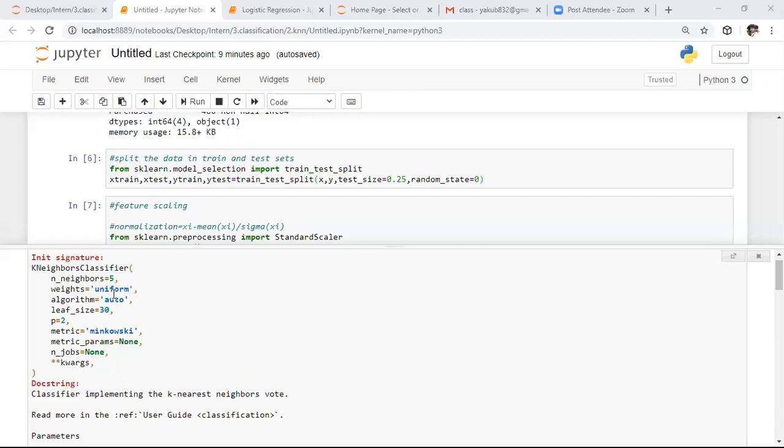After that, we have algorithm, auto, leaf size, number of nodes. Here we have p equals 2. If you want to consider the Euclidean distance measure, we need to enter p equals 2. Whereas if you want to consider the Manhattan distance measure, we need to specify the p value equal to 1, and metric equals Minkowski. Whenever you want the Euclidean distance measure, by default the metric is specified as Minkowski only. These are the different parameters. If you want to know the description regarding them, you can read this entire description so that you can